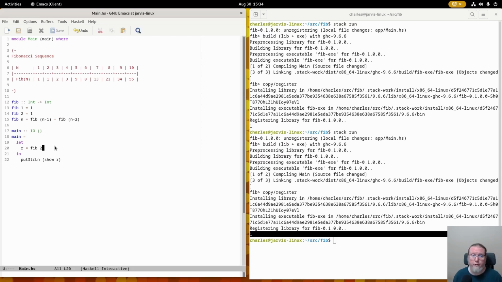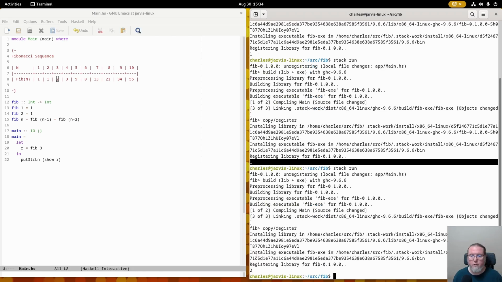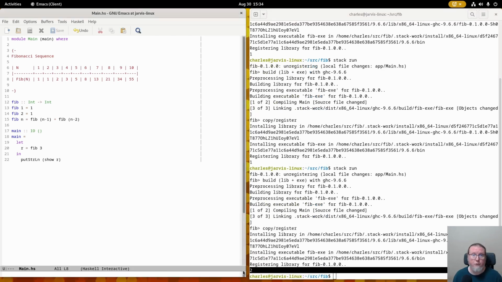So let's look at something a little more interesting. Fib at 3. And remember, we're expecting it to be a 2 as the answer. So we're going to run this real fast, and I'll show you what the compiler does. And so we get 2 as the answer, so it looks right. But let's walk through this function a little more. So the compiler says, oops,